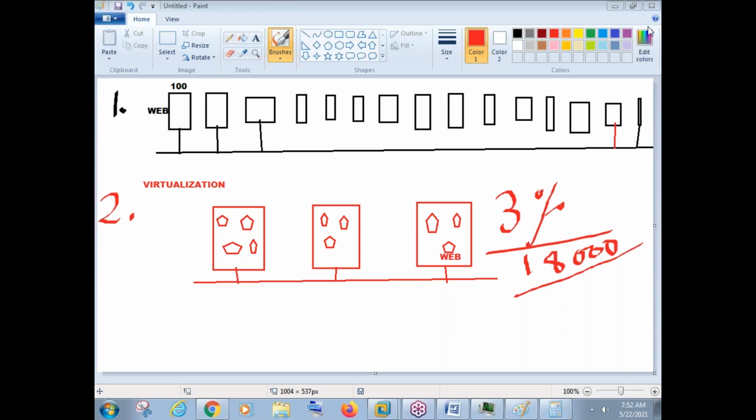But let me make something clear here. What we do on a physical setup, the same work we do on a virtual setup. Our work is the same. Our work will not change. So on a virtual machine we do the same work, and on a physical machine also we do the same work. What work do we do? We install the Windows Server OS and we do the configuration. That's it.